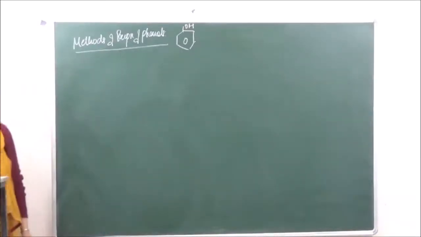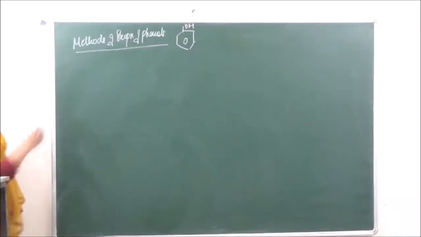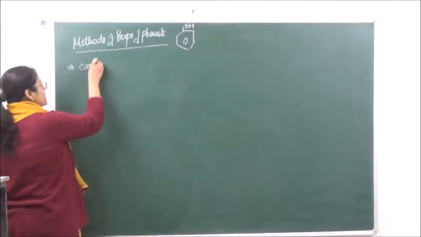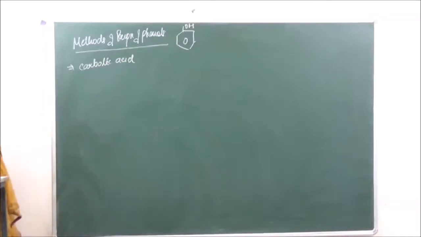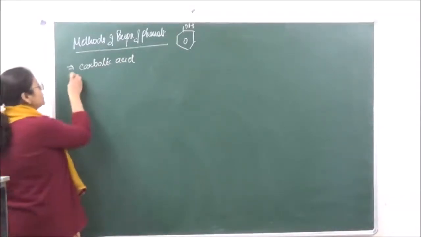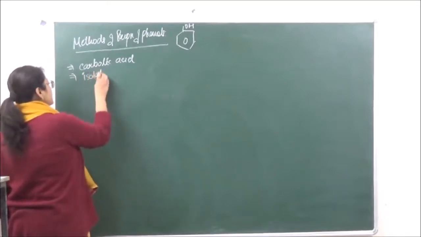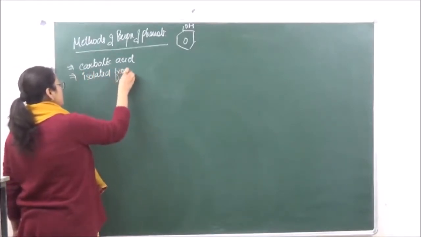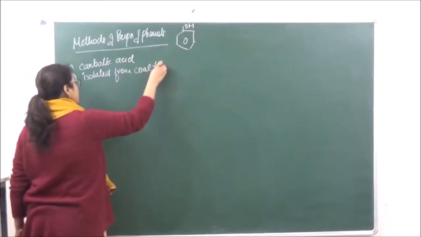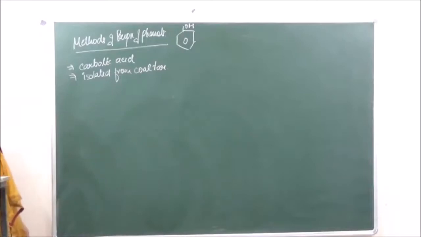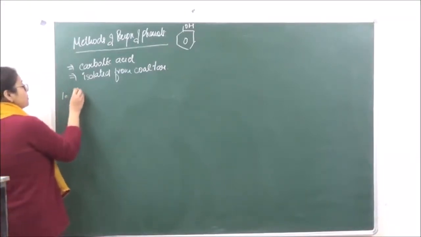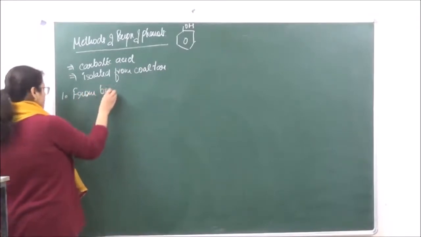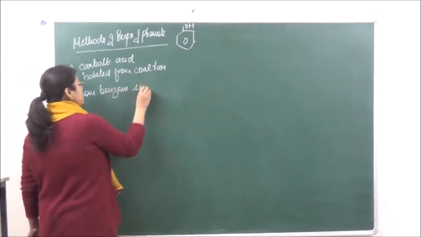Okay, so let's go on to the methods of preparation. Phenol is also known as carbolic acid, okay? And it was isolated from coal tar, right? So destructive distillation of coal tar, that was how it was first isolated. Now when we are talking of methods of preparation, the first is from benzene